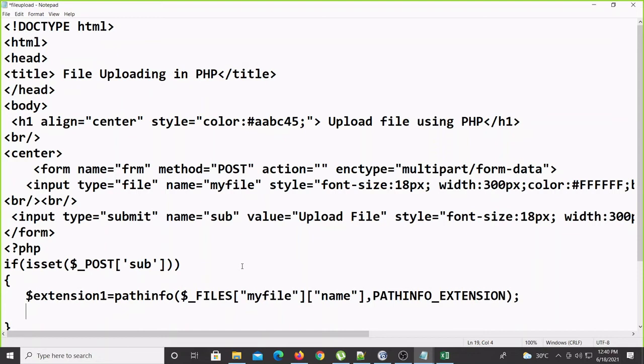So we fetched the extension of the file here. Now I will create the file name. File name equal to, you can use any concept, sometimes id dot USN, otherwise sometimes timestamp you can use. But the file name should be unique. If the file name is not unique, definitely it will overwrite the same file.